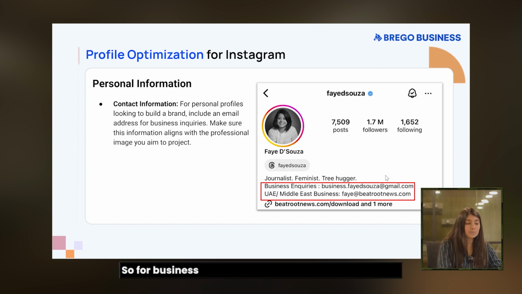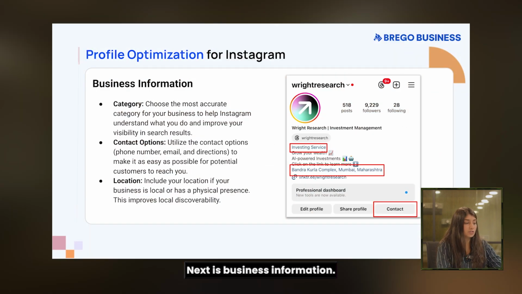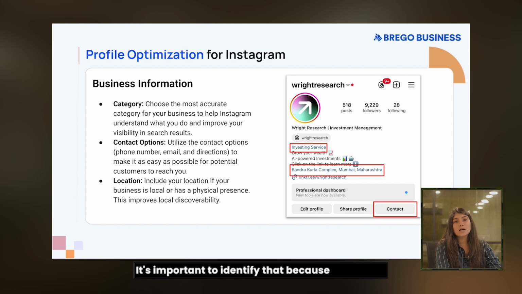So for business profiles versus personal profiles, this is also a way to make it happen. Next is business information. Here, for example, it says investing service. There are categories on the page where you have to define which category your business belongs to. It's important to identify that because Instagram will search and filter as per these categories